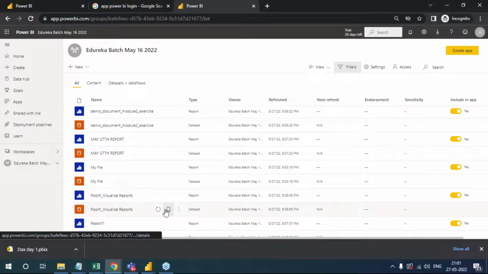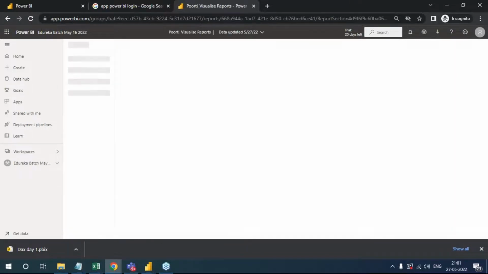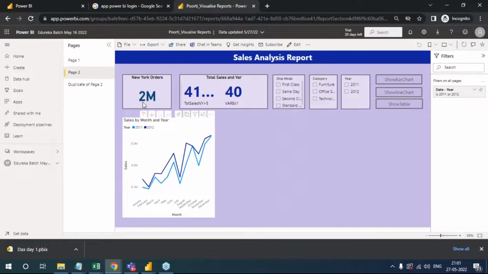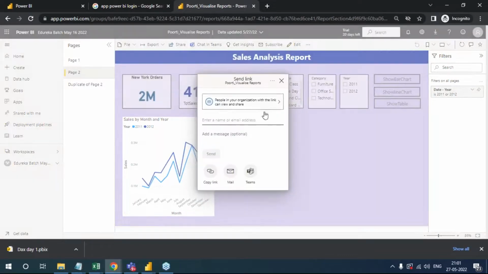Now, how can you share your report? For example, let's say this visuals report. Wow, it's very nice. Now I want to share this report to my end user, right? How can I do this? You see here, the share option is there. Click on it. In real time also it is the same, there is no difference at all. You see, people in your organization with the link can view and share this. Definitely we all are connected with Active Directory. For example, if we are working in the same company,